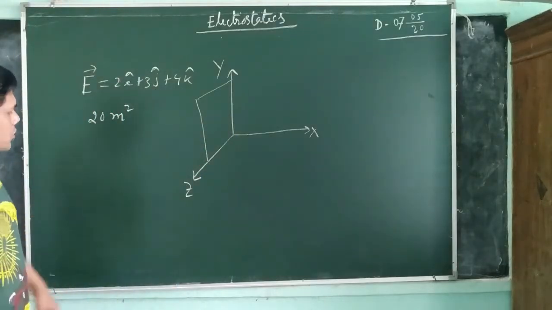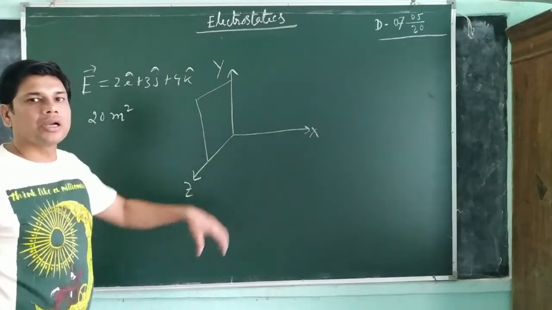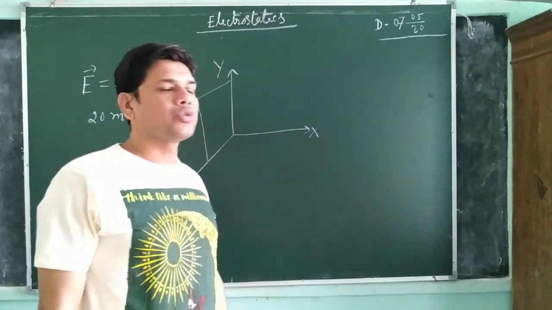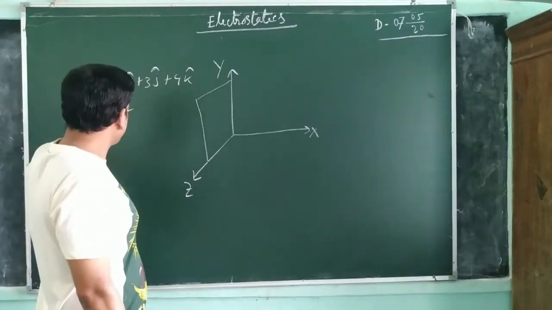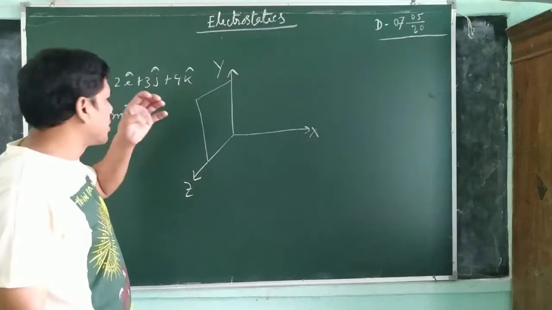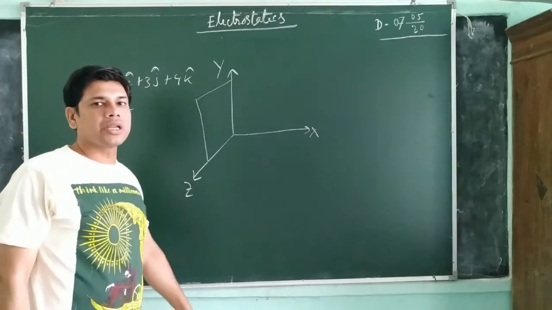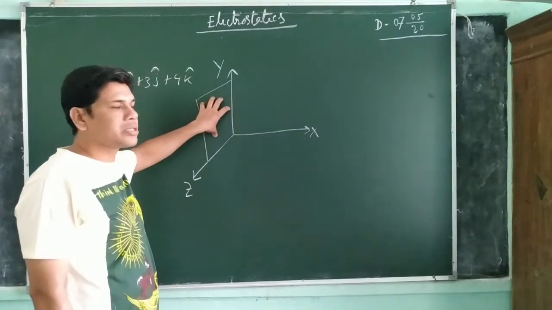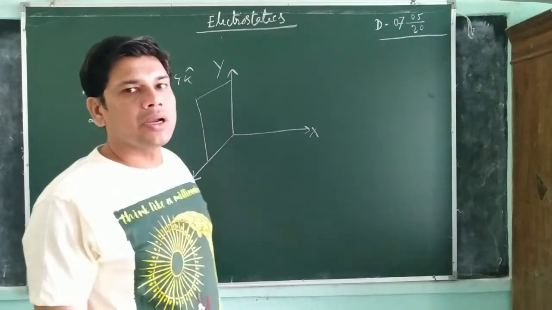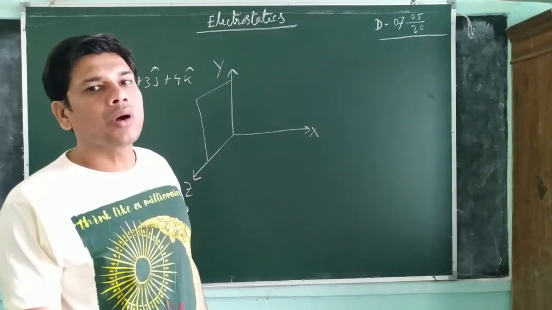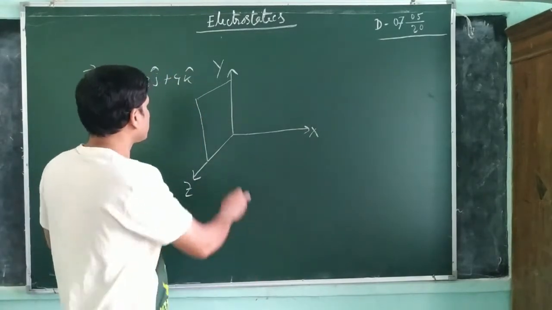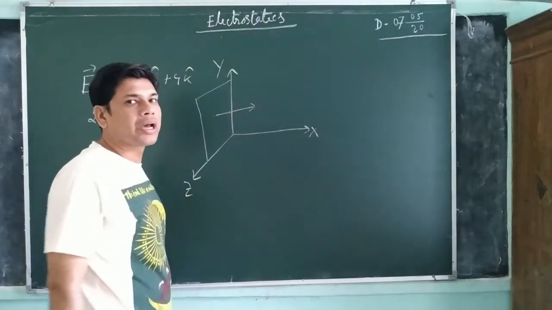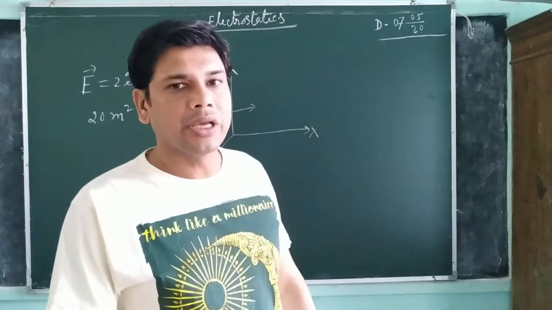Now, first, as already discussed yesterday, area is a vector quantity. So first we have to find the magnitude of the area, which is given here, 20 meters square. Now, what is the direction of this area vector? How to find it? As it is said that this area is in the YZ plane, we have to draw an outward normal. That normal gives the direction of this area vector.